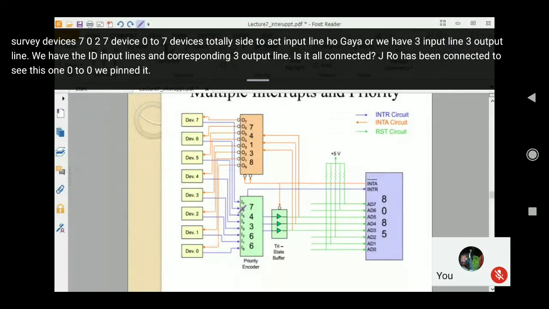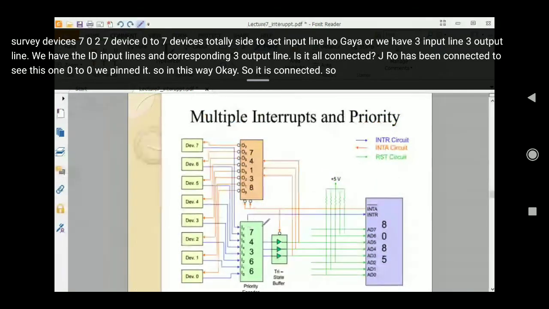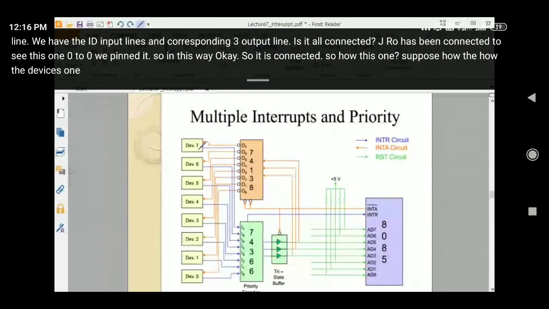So in this way, okay. So it is connected. So how is this one? Suppose how the device one. So device one को मेरे को ये activate करना है.